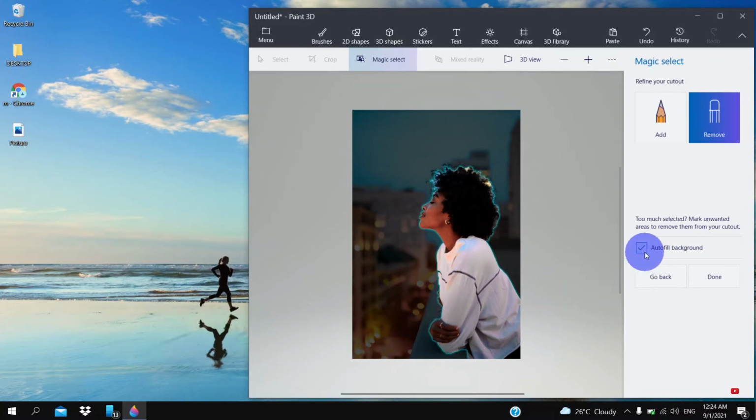So here we have the option of either checking auto-fill background or unchecking it. What auto-fill background means basically is when we move this image at the end, the background will be maintained, replacing the area of the image that has been moved. And when we uncheck it, the entire background will just vanish when we are done with the work. So for the purpose of this presentation, let's maintain it as checked. So when we click on done,